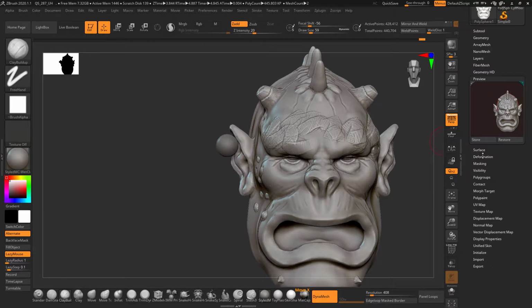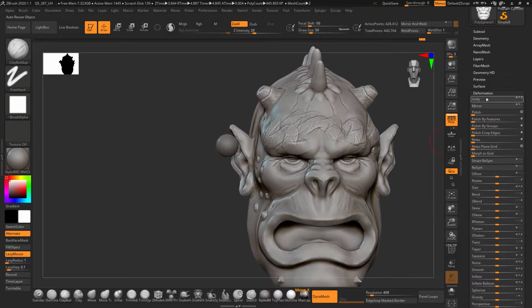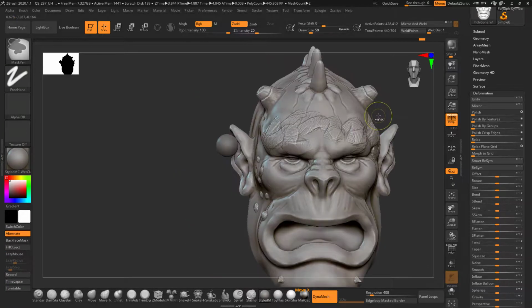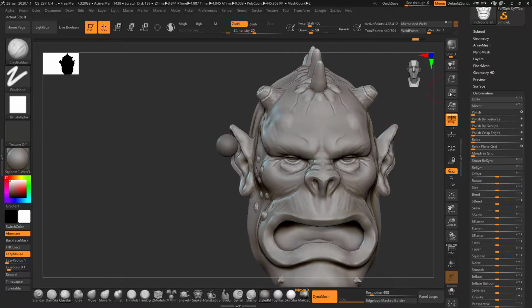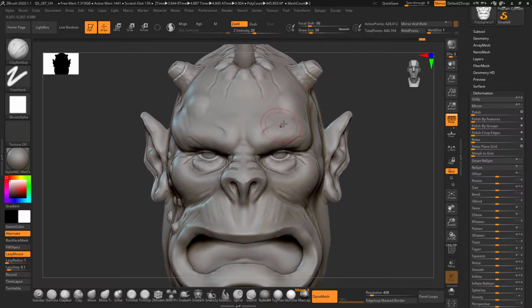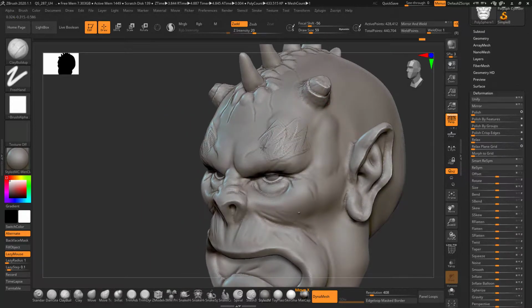And now you can see this object has been moved to the right side, and that is the reason my symmetry is not working. So I will simply click on the deformation and click on the unify, and my object will come to the exact center. Make sure you undo all the changes that you have made, and then you simply click on the unify, and now my symmetry mode is working very efficiently and properly.